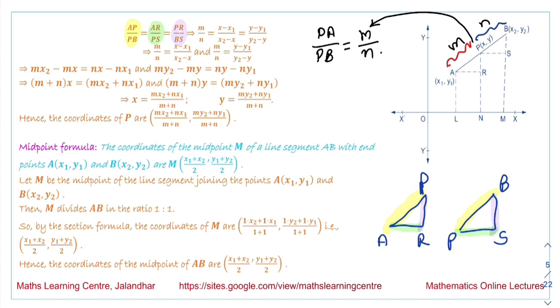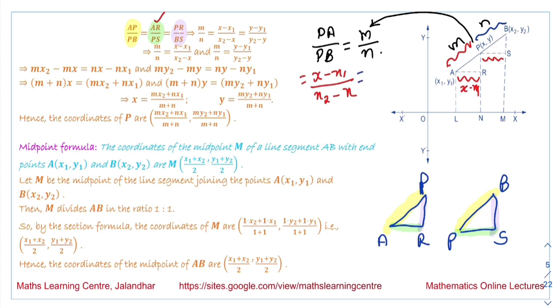So the next value we have is AR, and the value we have seen is x minus x1. So AR over PS is x minus x1 over x2 minus x,